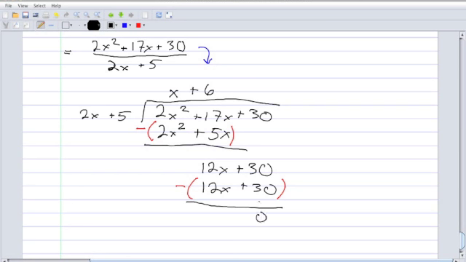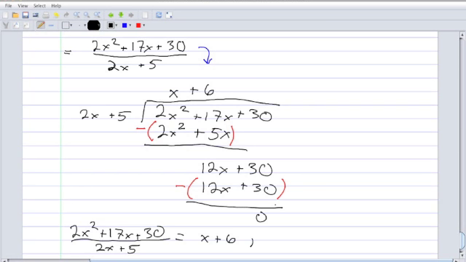Alright, so this tells us that 2x squared plus 17x plus 30 divided by 2x plus 5 is equal to x plus 6. Okay, so now this is f divided by g of x. Now this is true. We have to throw out